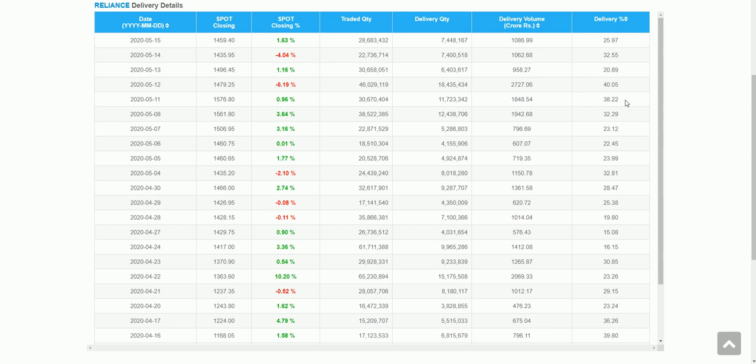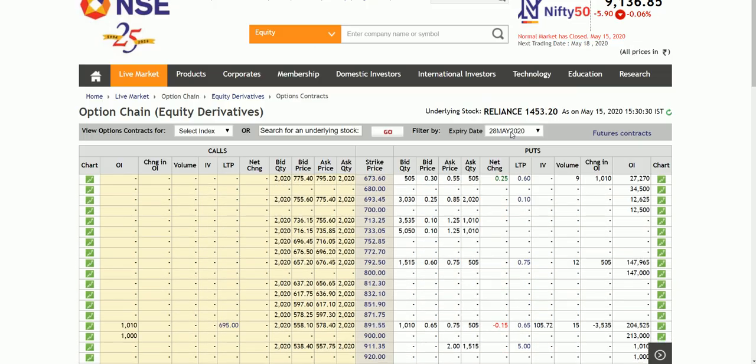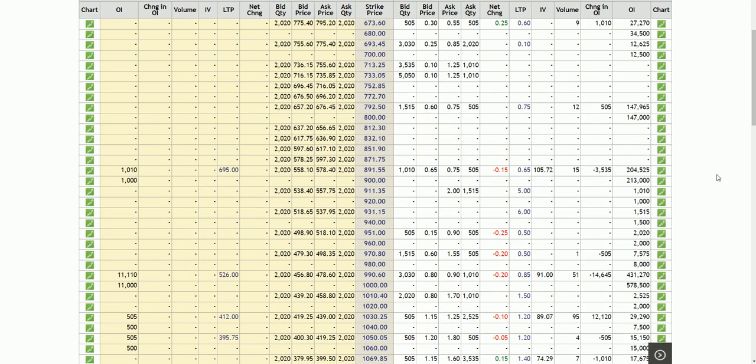So overall the volume is not confirming the up move. So it is only a speculative move, where we can see the stock giving an uptrend, but it will not sustain because the volume is very low compared to the previous trading volumes it used to have before. This is the May month option chain here.